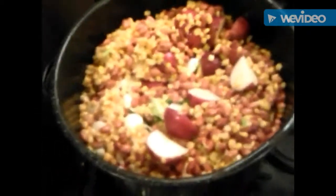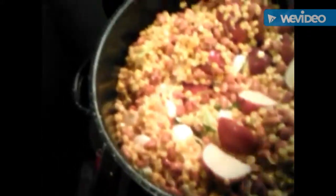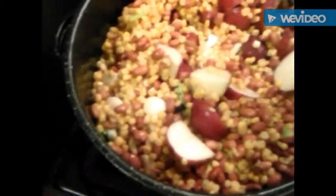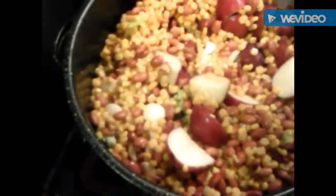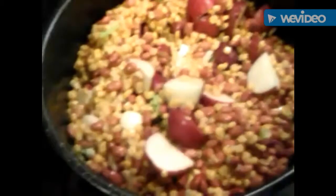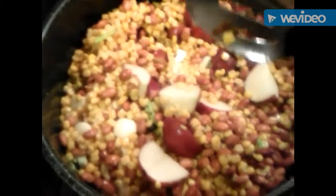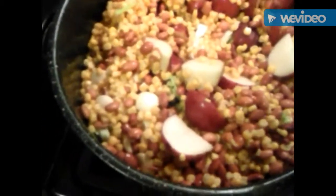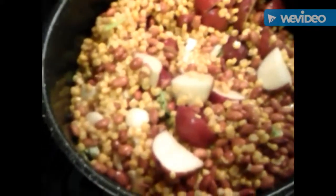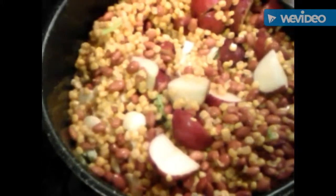Okay, so yeah, I put all that stuff in this pot. You see, it's a regular size stock pot. I put all that stuff in here. It looked like a regular mess now, but the way you got to do it is with all the stuff that I had in there, because a lot of this stuff is going to cook down. Of course, y'all know cabbage is going to cook down, and the collard greens are going to cook down, and a lot of this stuff won't even be in this, like the cloves of garlic, the celery. A lot of that stuff, by the time it's finished cooking and you start serving, you won't even see it